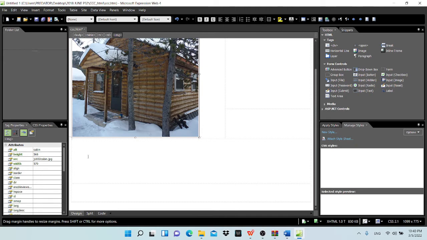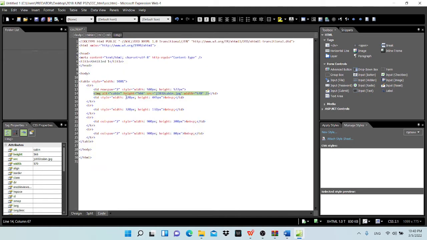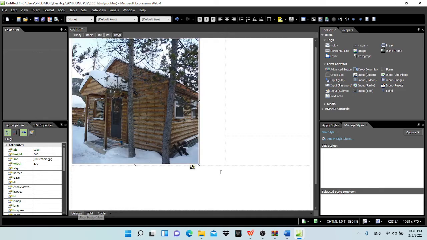After you click OK, then it changed. You can actually check from the code. When you look at the code, the file is already there. Source, this is actually the code. Okay, the width is already changed to 570. And next,